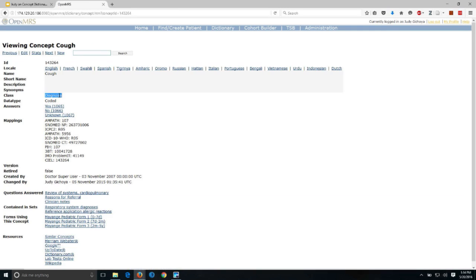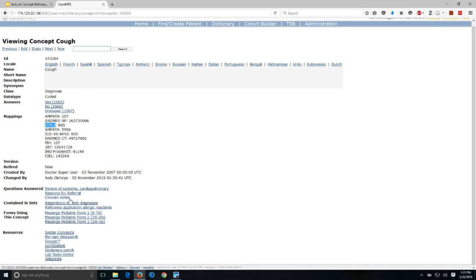In this case, you can see that this is a diagnosis. And previously you could say whether the patient had cough as a coded response. And you can see the various terminologies where these are mapped to, including SNOMED, ICD-10, and ICPC2 codes. And in this case, OpenMRS tells you which questions are being answered by this concept. And in your local instance, you may even map which forms are being used